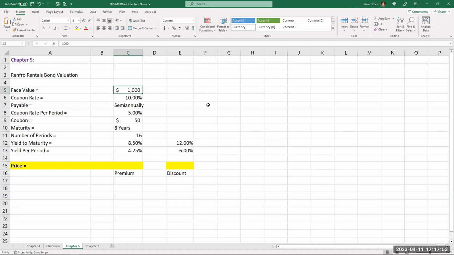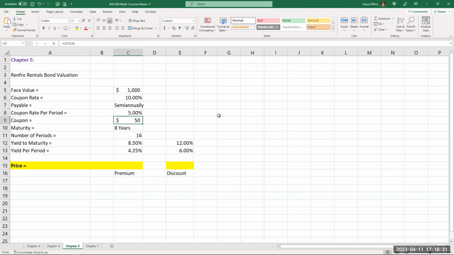The coupon rate is the interest rate that that bond issuer will pay their bond buyers. In other words, if I invest $1,000, I will get a 10% coupon every year. And that's 10% of $1,000, $100. In this case, though, it's payable semi-annually, meaning we're going to get 2 payments a year, 5% every 6 months, which totals 10%, and a $50 coupon every 6 months. So that's our return. So we lend somebody $1,000. In return, we get a number of payments.